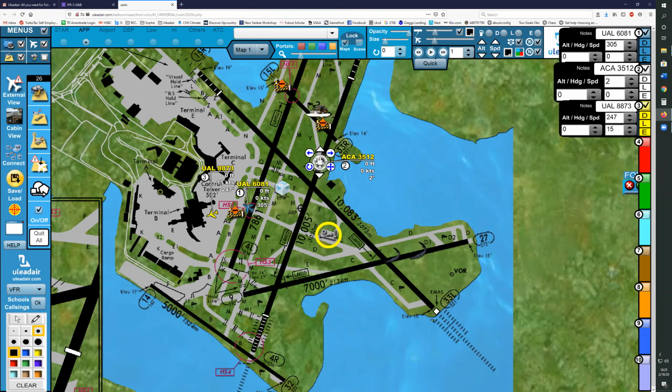Air Canada, you've just exited runway 4 right. Call the tower and tell them you saw a deer on the runway at the far end.